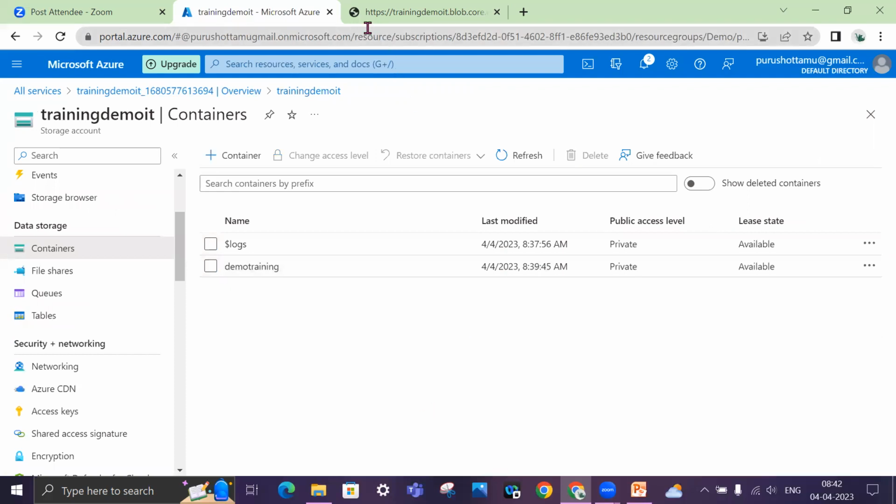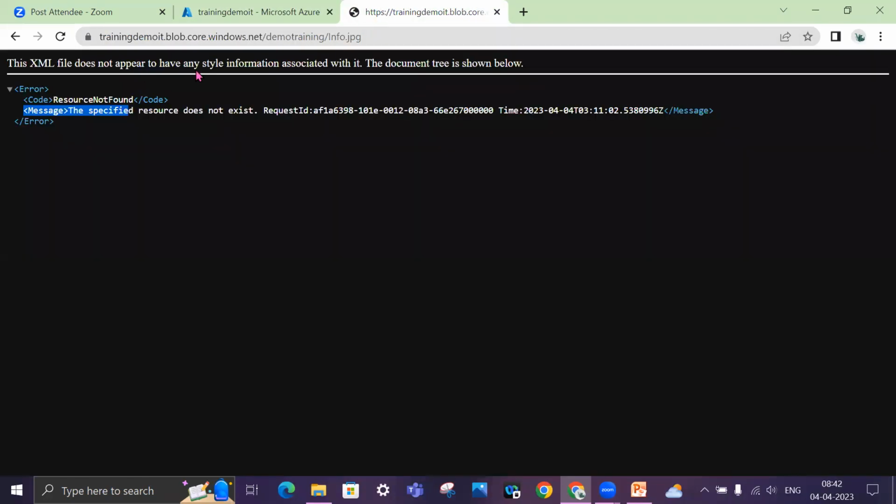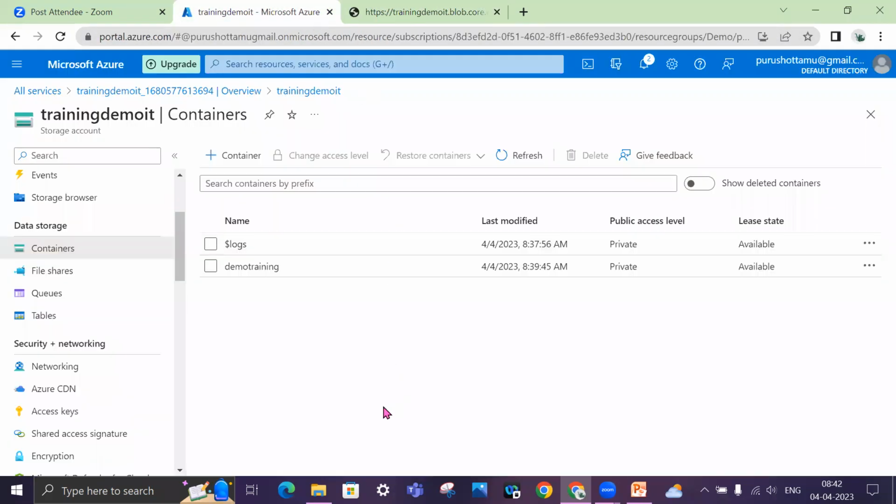This is the beauty of cloud computing, guys. It's a service over the internet. Anything and everything in the cloud, I should be able to access through my browser. It should be accessible through the internet. That's pretty much about the storage account. It's a very important building block in your cloud journey, and it's useful across services. Without storage, you can't create anything; basically, you can't use any other services.